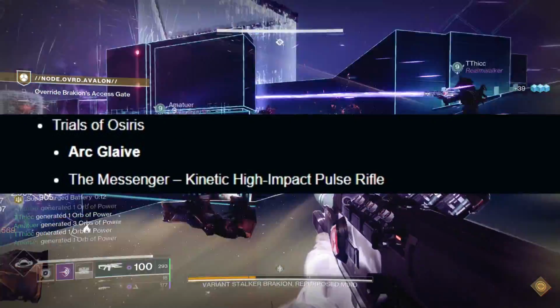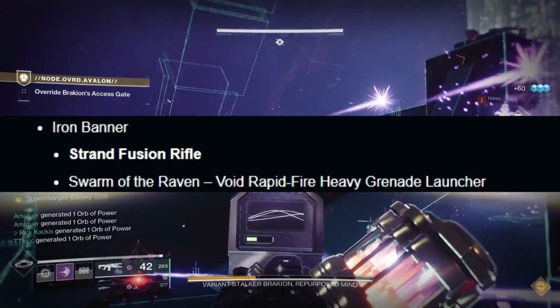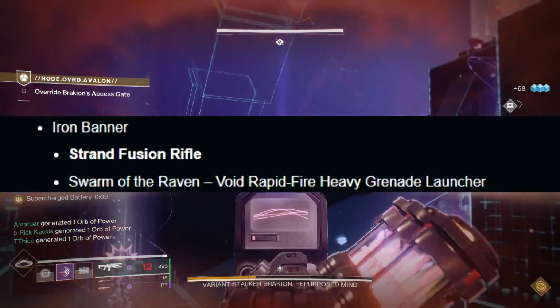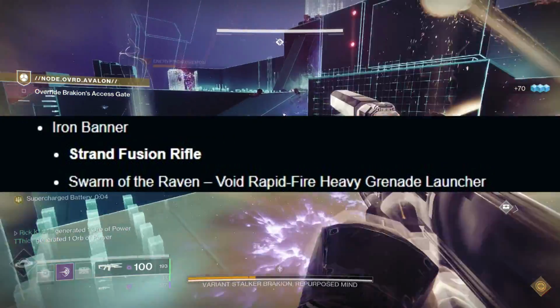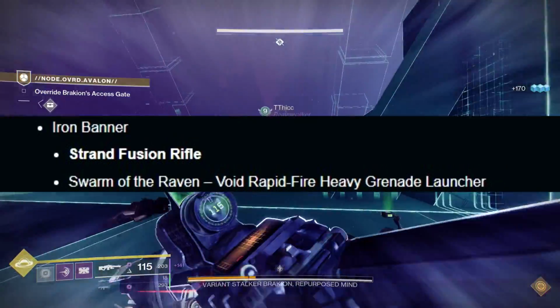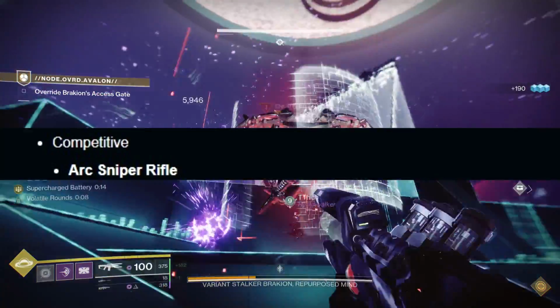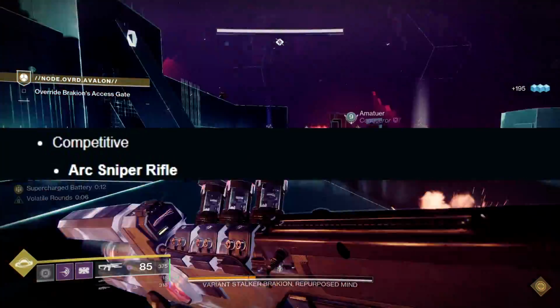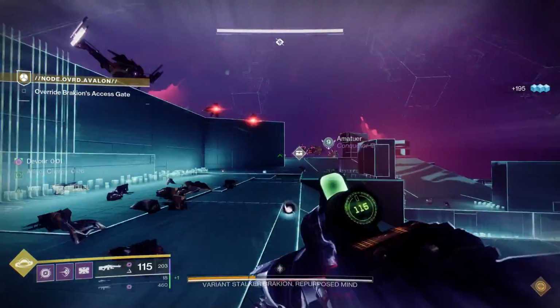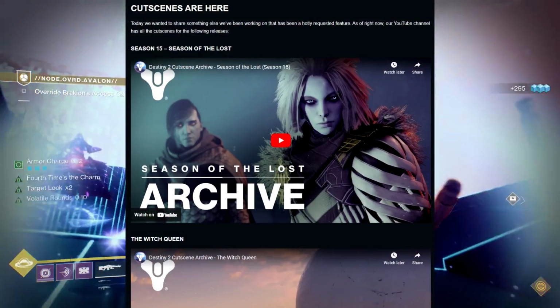Then for Iron Banner, a Strand Fusion Rifle is being added. Very interesting. Remember, that's going to be in the kinetic slot. And then we have the Swarm of the Raven, a Void rapid-fire heavy grenade launcher being added as well. And then lastly, for competitive, an Arc Sniper Rifle is being added. Very interesting. But guys, moving on from there, Bungie actually uploaded a bunch of videos to their official Destiny 2